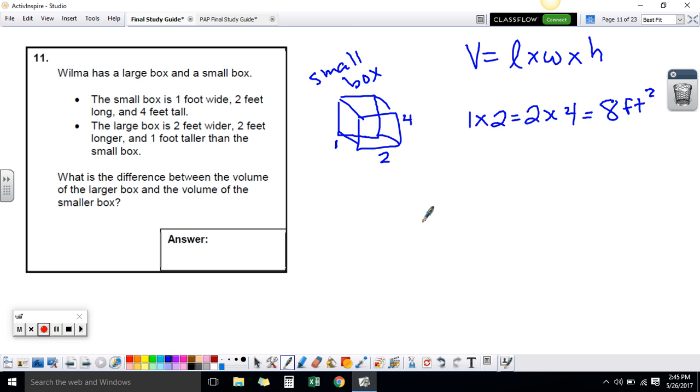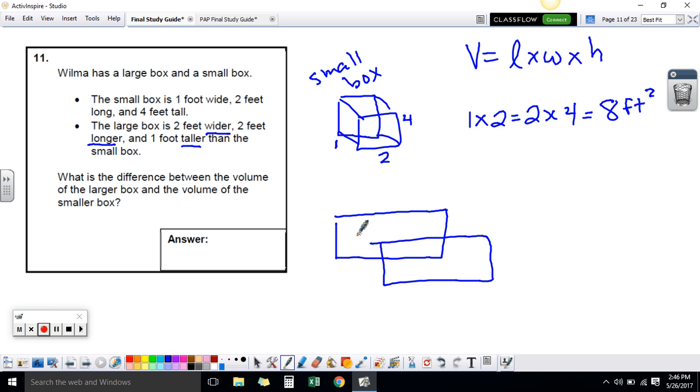Okay, now the second part says the large box is 2 feet wider. Now when they're saying wider, longer, and taller, they're talking about wider, longer, and taller than the small box. Okay, so I'm going to draw a large box,